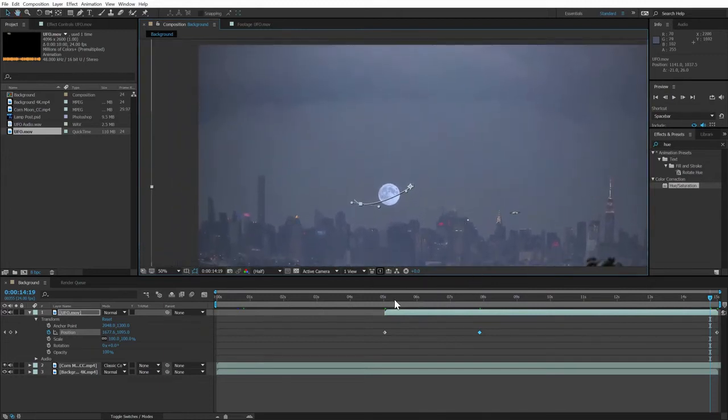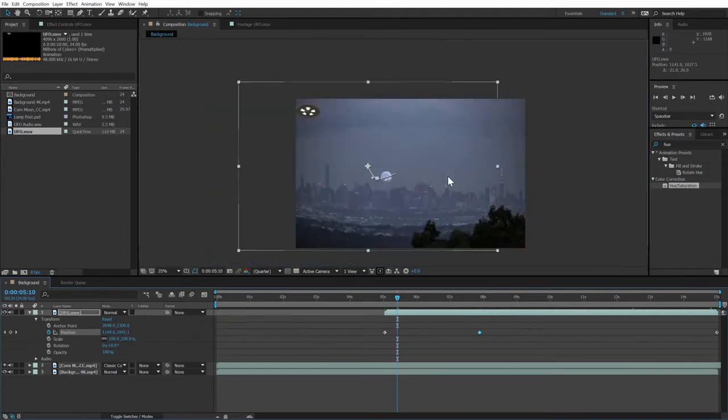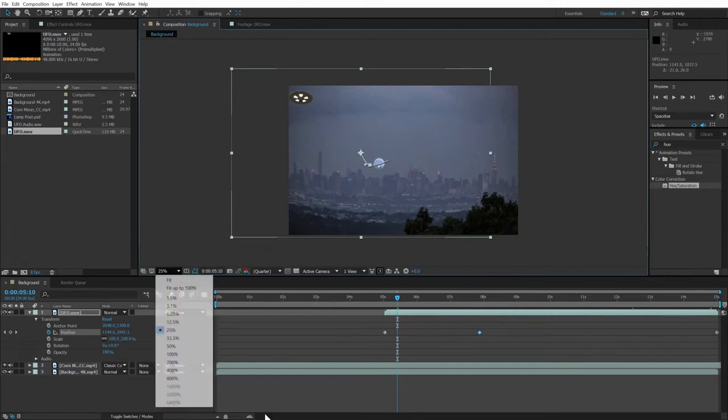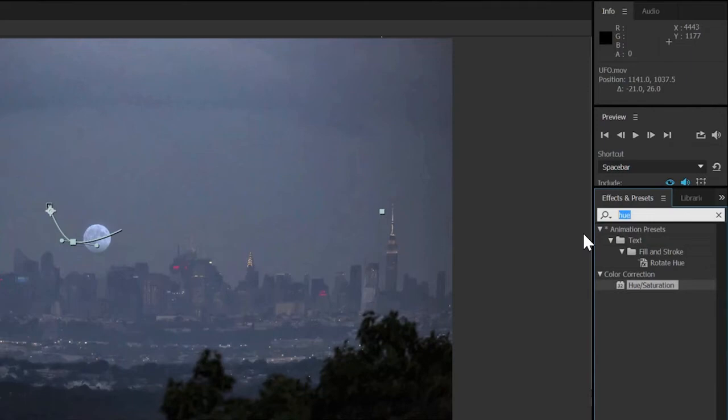To make this look more convincing, we need to correct the color of the UFO so that the shadows look better and animate the shadow color as the ship appears into the distance. A super simple tool for doing this is the Tint Filter. Tint maps the lightest and the darkest portions of an image to colors of your choosing. If you go to where the UFO first appears and apply tint,